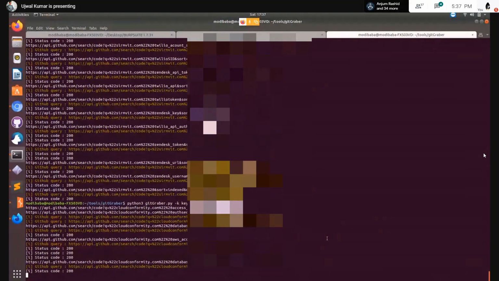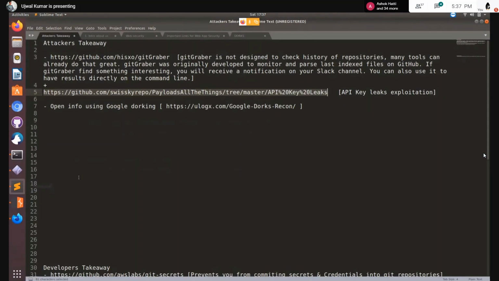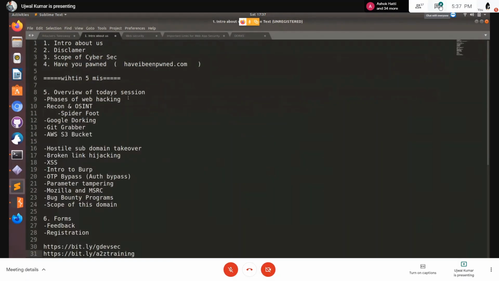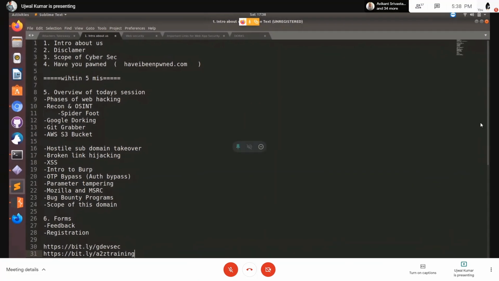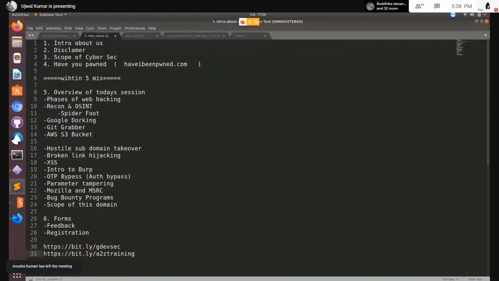So let's see if any sensitive data is leaked from this particular name. Meanwhile, until now, I've explained to you how open source information gathering works, the Spiderfoot framework, and how Google Dorking works. Google Dorking is not just limited to Google; it can even go to things like Bing search or Yahoo search or whichever search engines you're comfortable with. So just the name is Google, but it can be done everywhere.